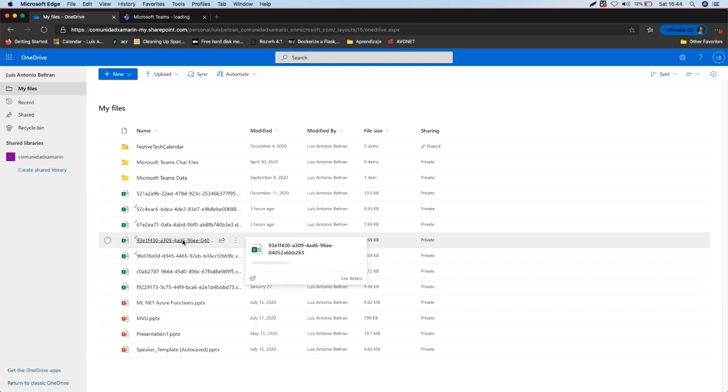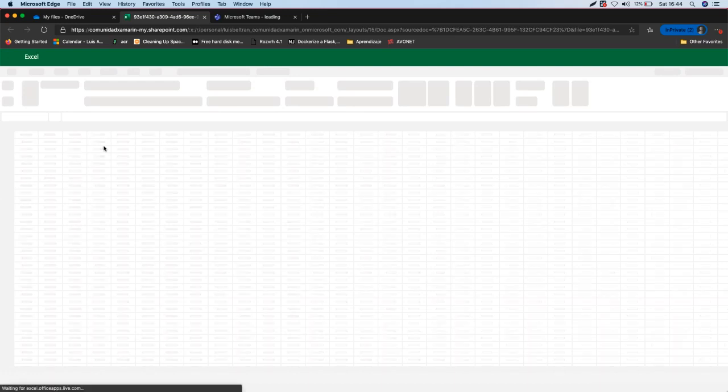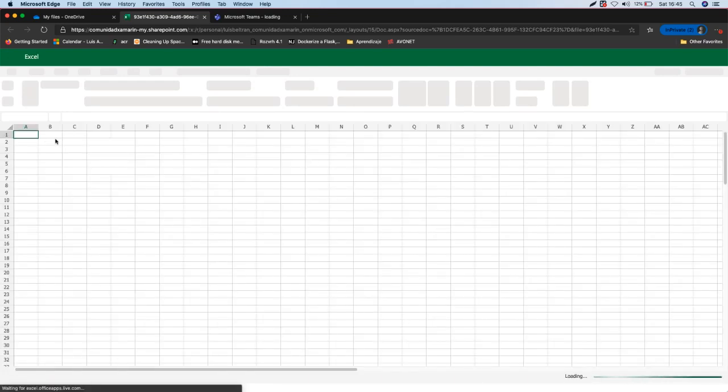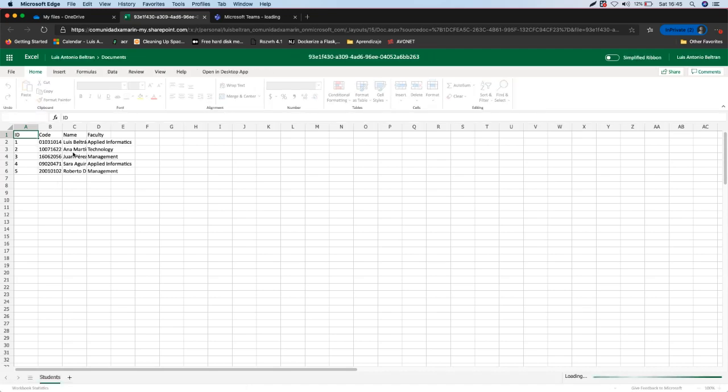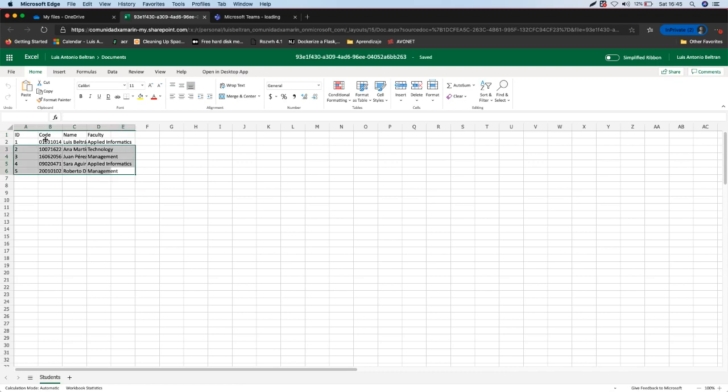And if I open it, you will see the list of students that I have on my mobile application. Just a second, it's a bit slow. Yeah, you see the information is there, right? Of course, I needed some lines of code to create the Excel file, but for uploading it to OneDrive, it was just one line of code. I need to be signed in before, of course,